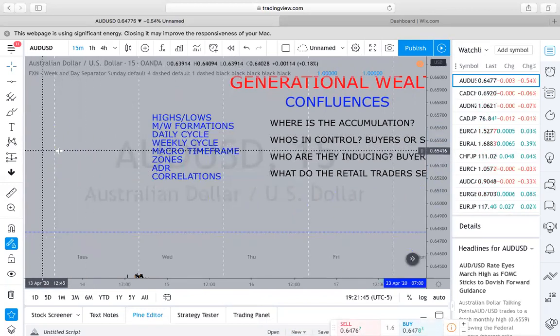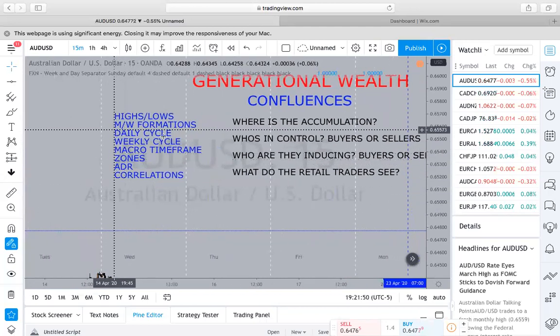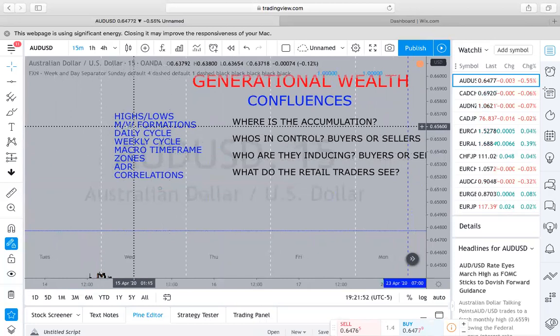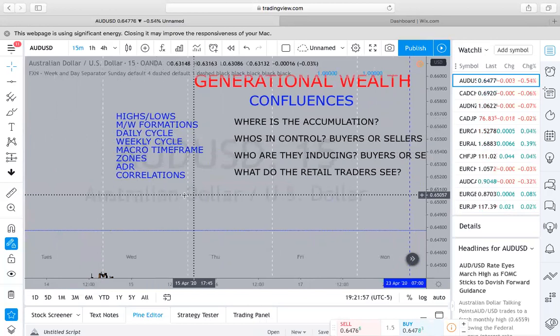Same is with the W formation. Now, our daily cycle. Now, this is not in any order at all. There's no order with it. You just want to look for these confluences when you're trading because,